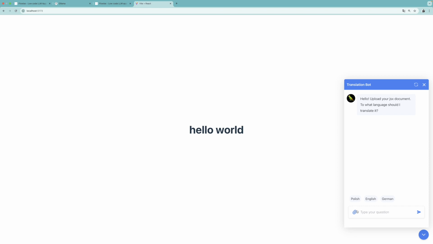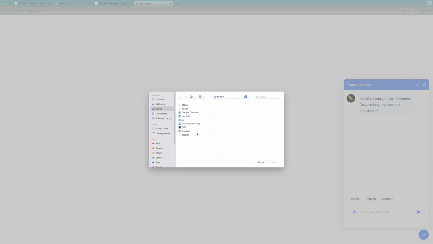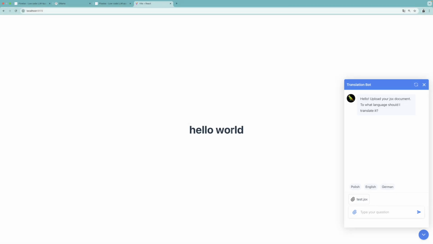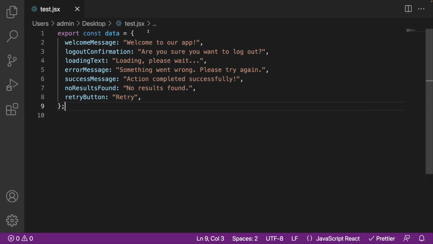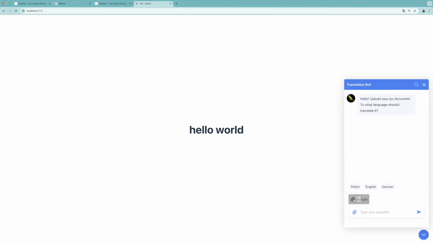First of all, I'm going to select a file that I want to translate. And by the way, this is this particular file. So as you can see, we have some keys and values, and we want to translate the values, okay? So I've uploaded the test.jsx, and now I can select a language from here, or I can type in, for example, Polski as Polish in Polish, and then I'm going to execute the chatbot, and let's wait a few seconds